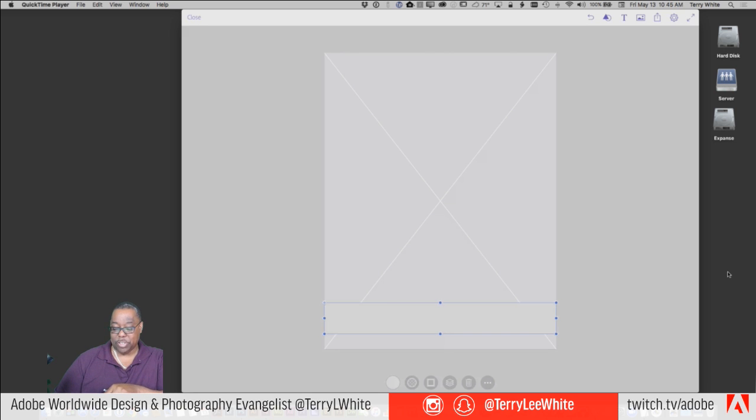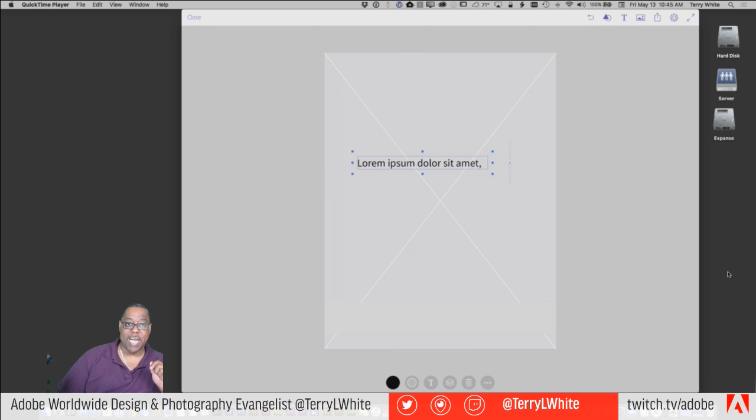I can go ahead and just drag my finger across. If I deselect first, there we go, and put a dot after it. When I put a dot after it, it knows to put in sample text. And of course, I can resize that frame any way I want. I can also increase the size of the type, which we'll get into in just a minute. So I can make as many placeholders as I want